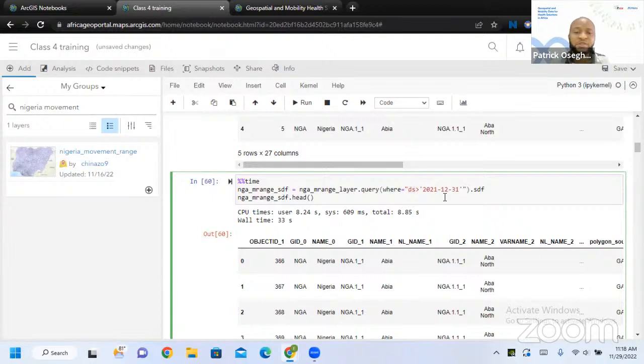So I'll just have to do the filter, and it will run faster than the other, and it will not shut down my kernel. So that is a very nice practice for you to do: being able to read up the documentation that goes with the data, know what is in the data, and then know how you can filter your data, query your data, so you don't necessarily pick up everything that is not useful for you, and it will not be so heavy on your PC or the platform that you are working with.